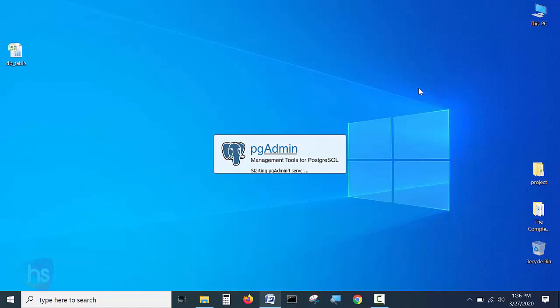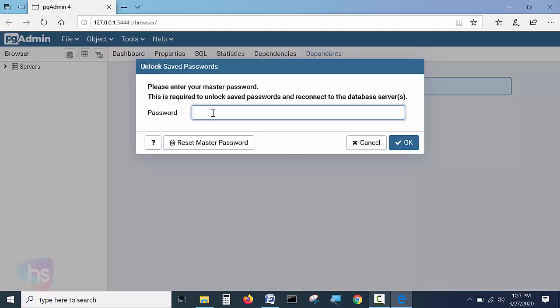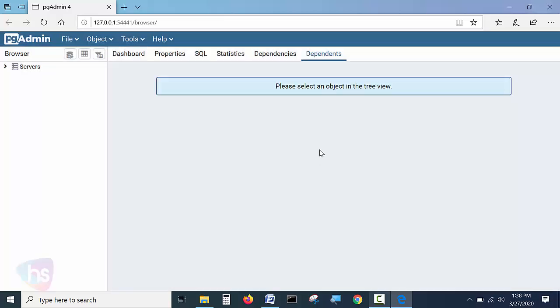Specify the respective passwords that you created while installing PostgreSQL. Starting pgAdmin 4 server, it will take only a few seconds. Now you will see, please enter your master password of pgAdmin. I have simply set a simple password, as it's my local server only.